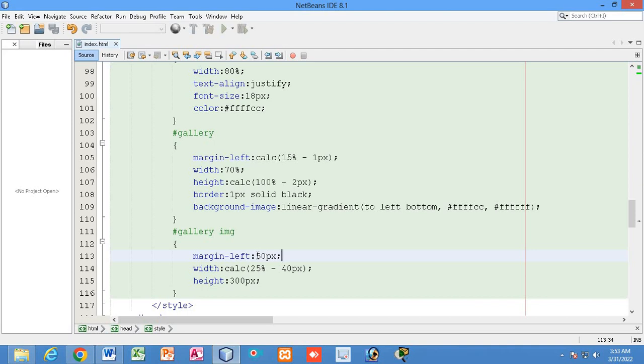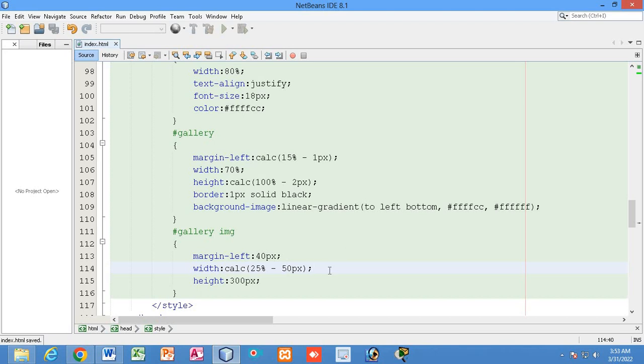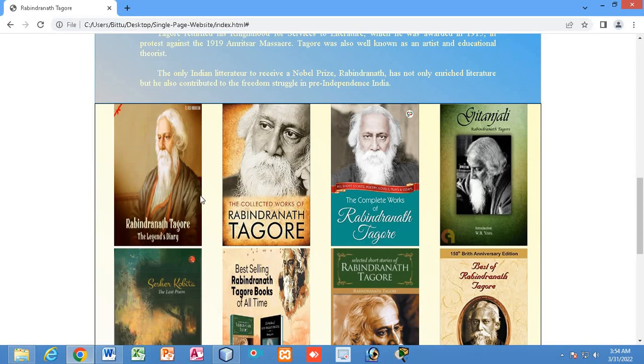So it should be 40 and this should be 50. Okay, I just have altered the value, and I will explain it to you. So you can see margin left 40 px, width I have given 25% minus 50 px. So let me explain this thing to you.